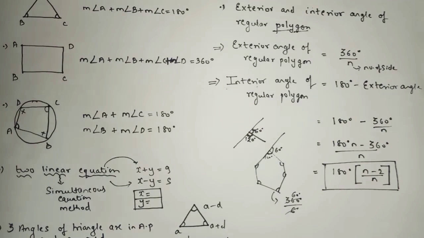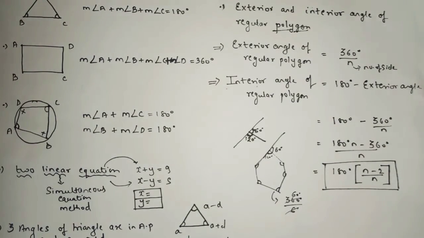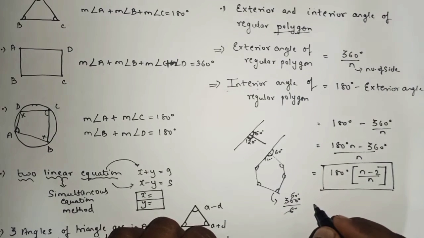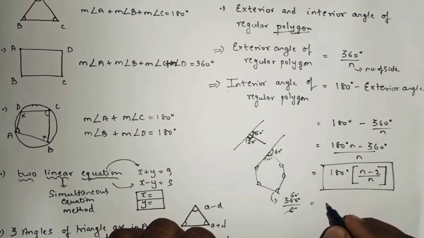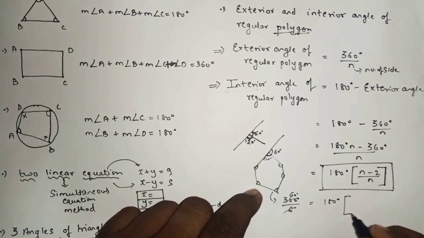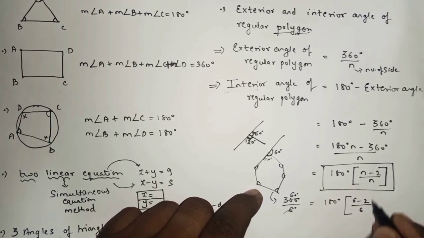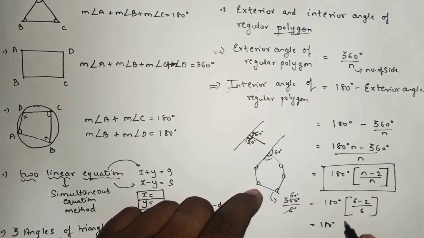They will never use the words exterior angle, simply the interior angle. To find the interior angle, simply apply this property, substitute the value, and you will get the answer. Suppose you want to find the interior angle of a hexagon. For a hexagon, how many sides are there? 6. So 180 times